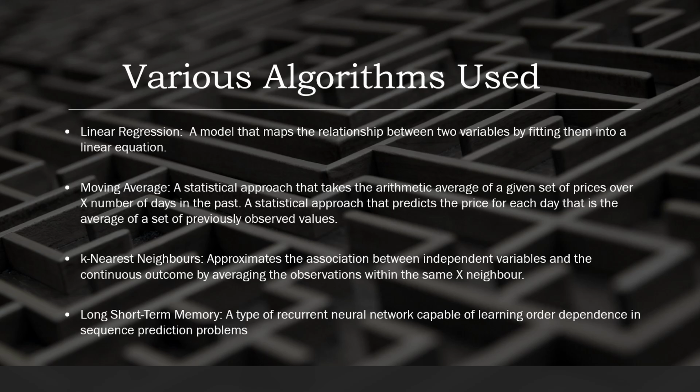We have employed a few learning algorithms in our project. Linear regression tries to fit independent and dependent variables into an equation, while moving average is a statistical approach that averages the last x days for guessing, x being a parameter. KNN tries to estimate a value by comparing it with its x neighbors, x decided as a parameter by the programmer this